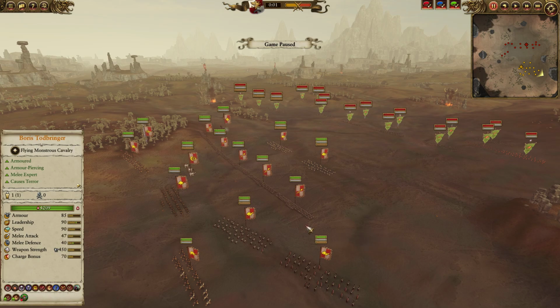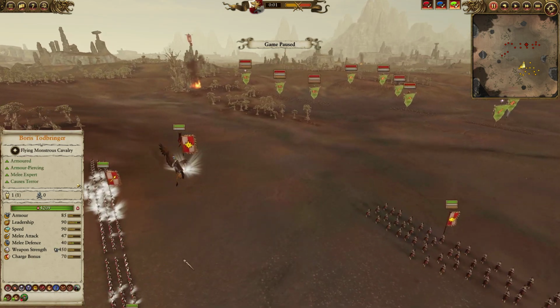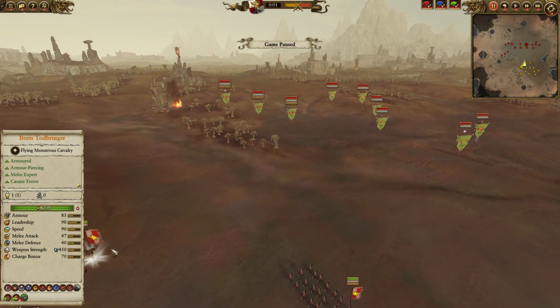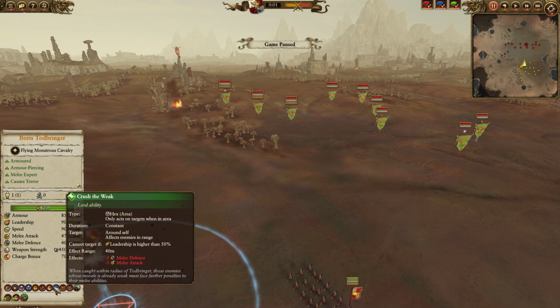We've ditched the steam tank, and I've decided to bring the war wagons with mortars, as well as a heavier skirmish presence than usual. So going over the composition here, still rocking Boris Todbringer. Now he has been reworked a bit in the last patch. The good old Crush the Weak is no longer as strong of a debuff. It doesn't grant leadership debuffs, but it is still a solid enough -5 melee defense and melee attack,